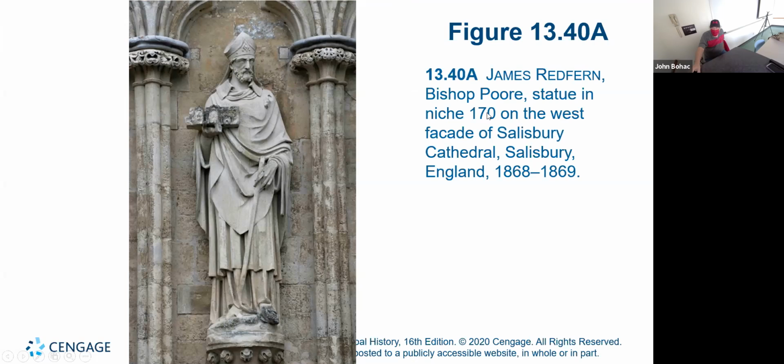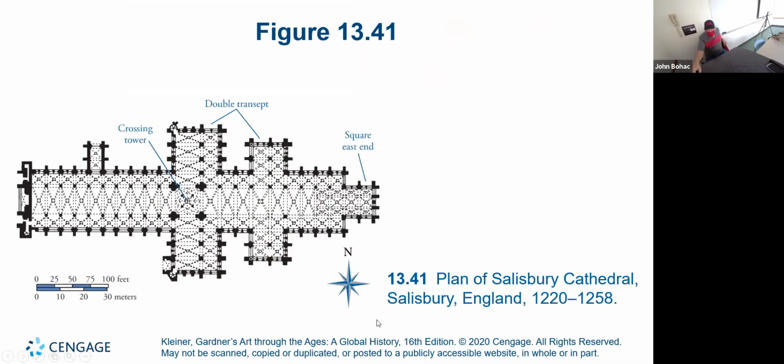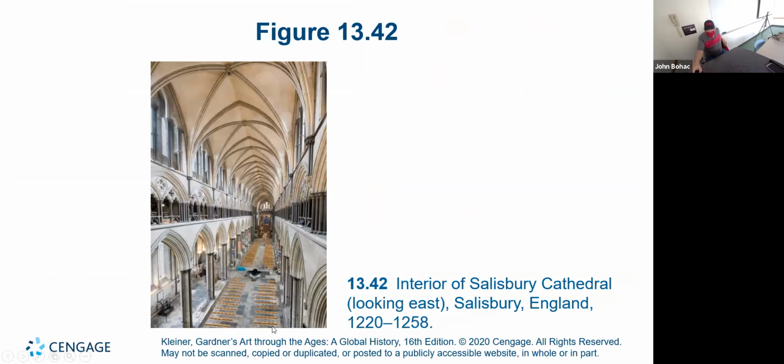And again, Bishop Poor. So, I wouldn't expect you guys to know this, but bottom line is that the people of the time would know who this was based on these other symbols. Of course, we see the mitre, which means that he is a bishop. We saw that on Saint Denis, by the way. And so the other indicators right out of what we've been talking about for a long time, iconography. And Salisbury Cathedral,